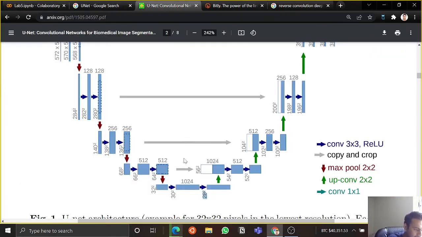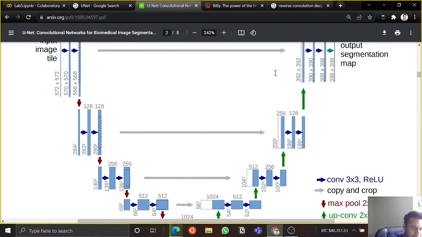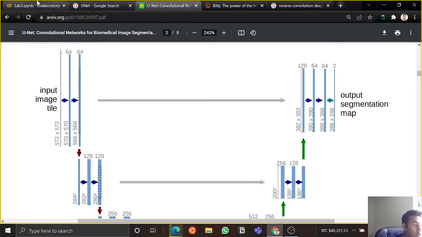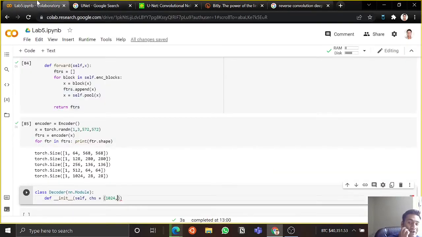Let's talk about 1024, 512, 256, 128, 64, and then 2. But I want the number of output channels to be 1 because I have only one channel to be predicted. So 512, 256, 128, 64, right? And then I'm gonna leave the output channel as is,